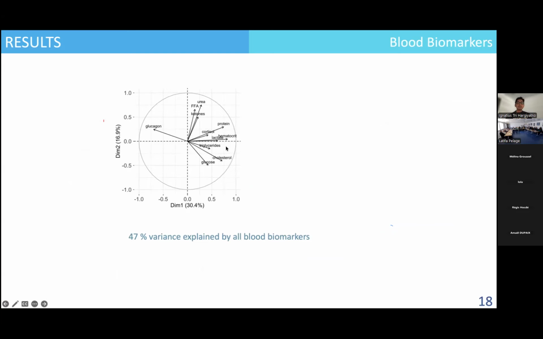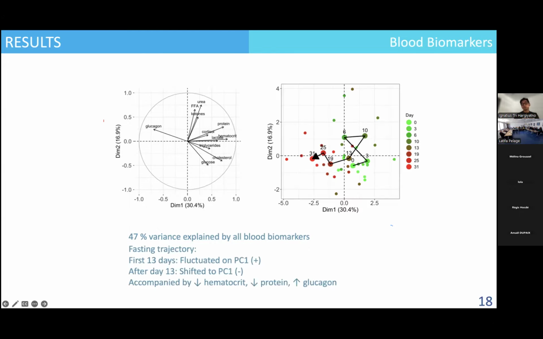And there are some bloods that correlated with the PC1, such as protein, cortisol, hematocrit, lactate, triglycerides, cholesterol, and glucose. And then in the other set is glucagon, and then FFA, urea, ketone are closer to the PC2. From this result, I also tried to